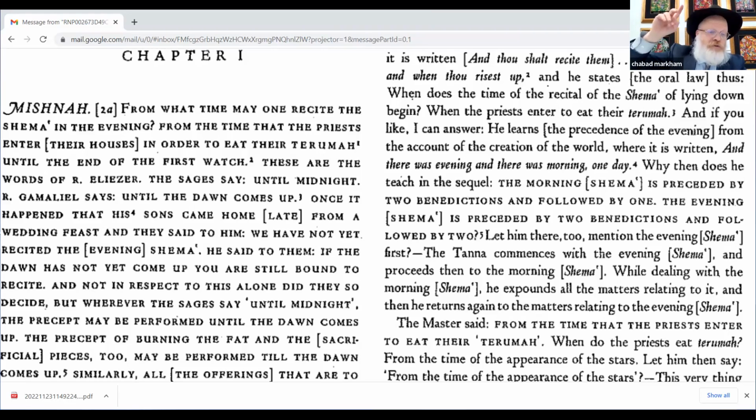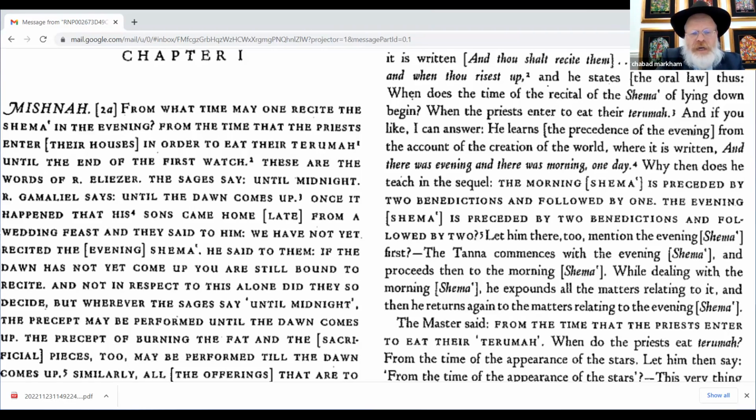It means if dawn hasn't come out. Dawn is a period just before sunrise, right? Dawn is when you can already see a little bit of the sunshine coming in. It's shining on the sky, but you don't actually see the body of the sun yet. That's dawn. Dawn is when the sun hasn't come yet around the globe, but already there's a first light coming forth. So if you see no light in the sky, you still have to say the Shema.